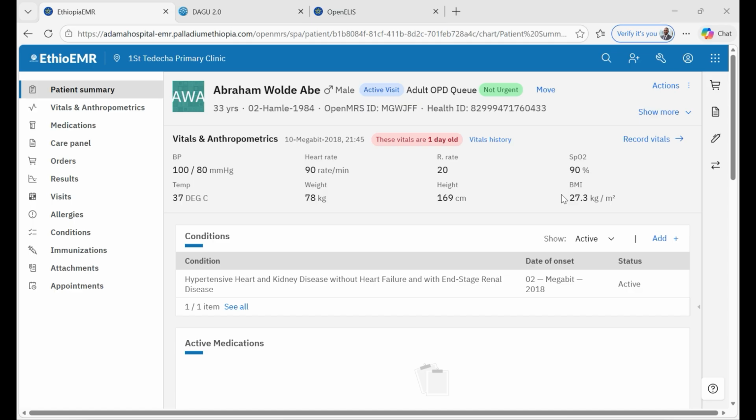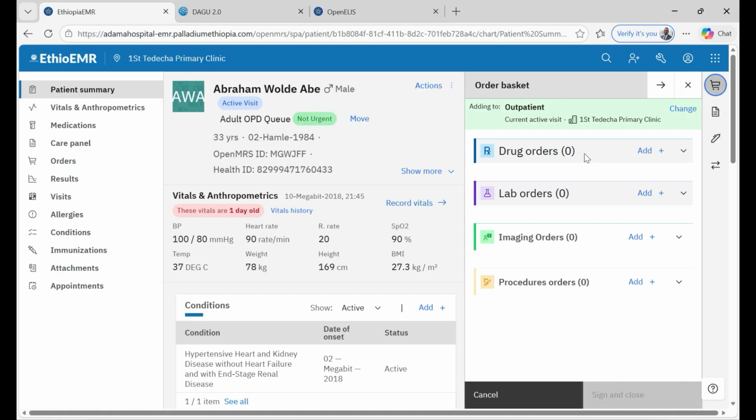We will go back to the patient summary on the patient chart under the Ethio EMR platform. On the right hand side, we will find navigation buttons. We have seen the clinical forms in the previous video. Now we will go to the order basket and we will be able to see drug orders, lab orders, imaging